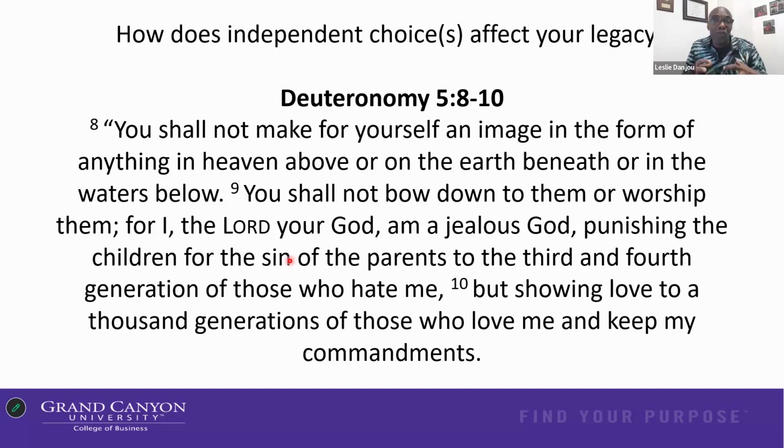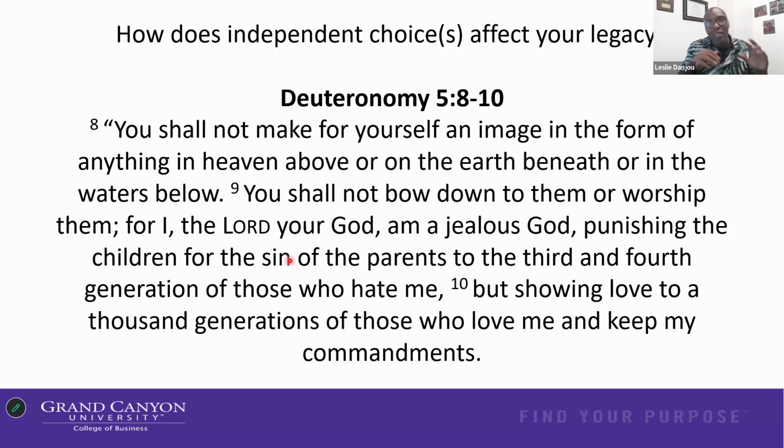If you decide to worship something that God has created in the sky, let's say you say the sun is the most powerful thing you see, so I'm going to create a sun and worship that sun, God is saying that to him is like you're hating him. And the consequence of that is that your kids are going to be punished for